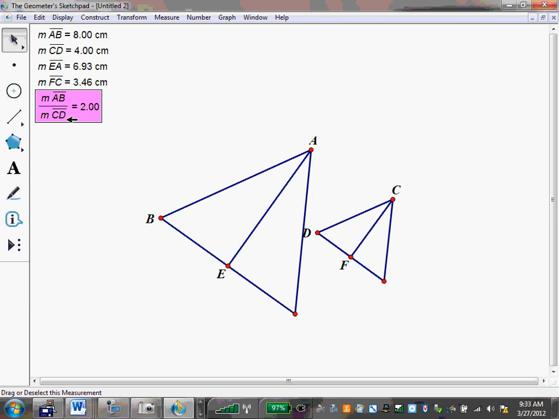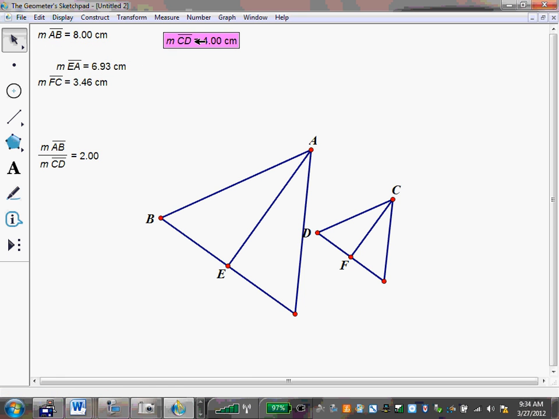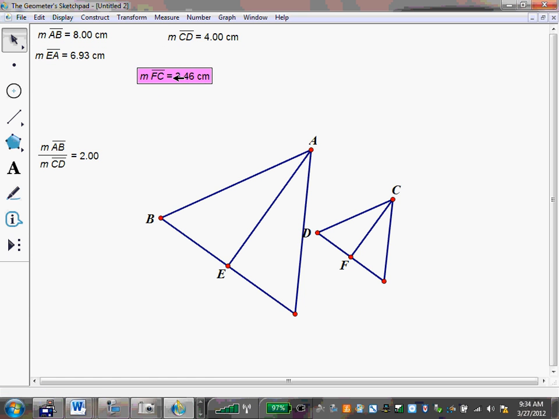And if you notice on my calculator, it was a little bit more than that, but it rounds to 2. So there's my common ratio. Now, I'm going to do it by triangles here. So I've got larger triangle, smaller triangle. I'm going to put the length of EA, which is my median, underneath AB, and then put FC, which is my median of the smaller triangle, and just stack them here. So now I'm going to go back to my calculator,